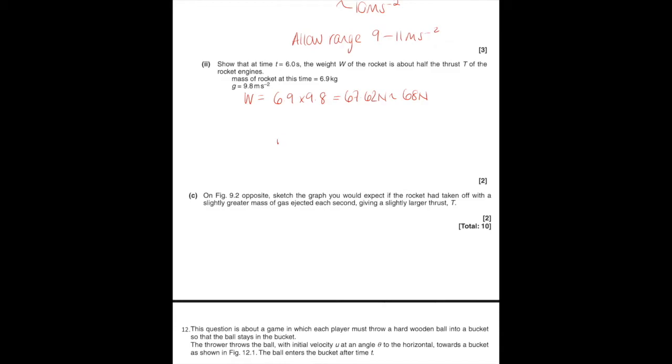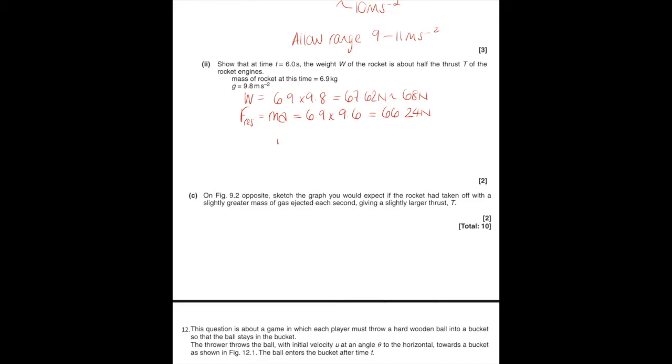We have also, at 6 seconds, worked out the acceleration of our rocket. And because we've got the mass of our rocket, we can therefore work out the resultant force that must be acting on that rocket. So that is the mass times our measured acceleration. So that's 6.9 multiplied by our answer to the above question, which in my case was 9.6. So that comes out at